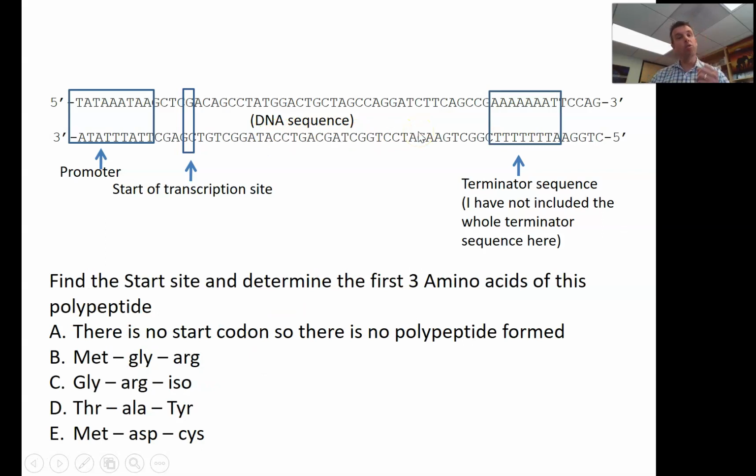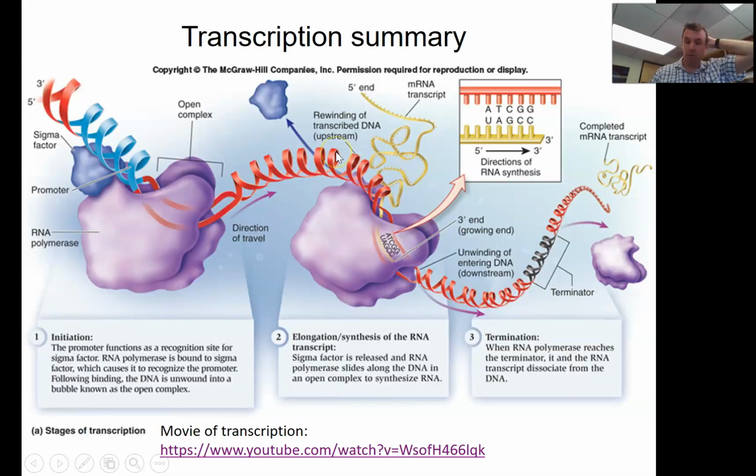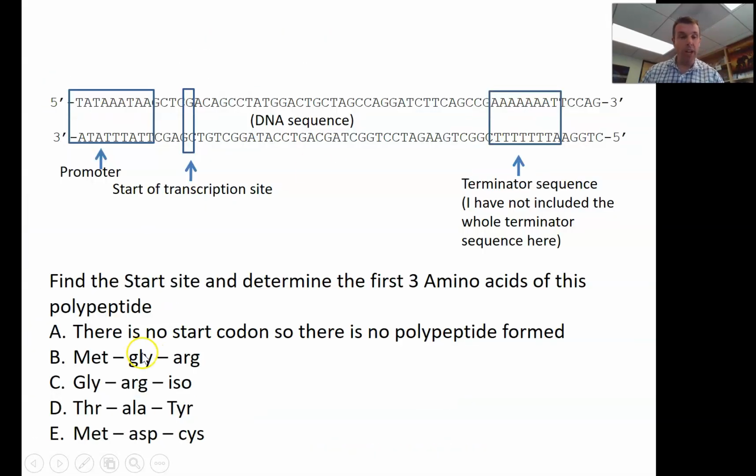Or you can use the coding strand. And then you always find the first start codon following the transcription start site, and then you keep going until you get to a stop codon. So the first 3 here would be methionine,